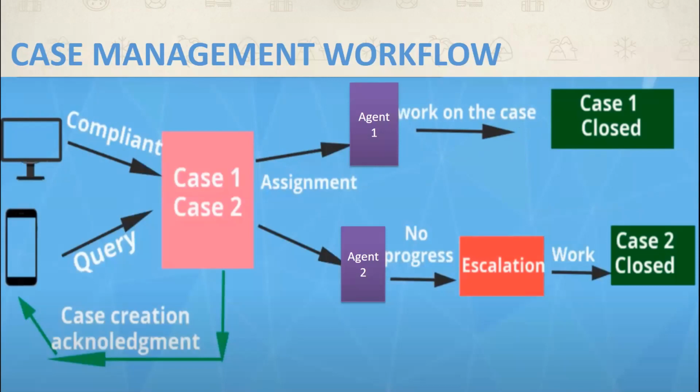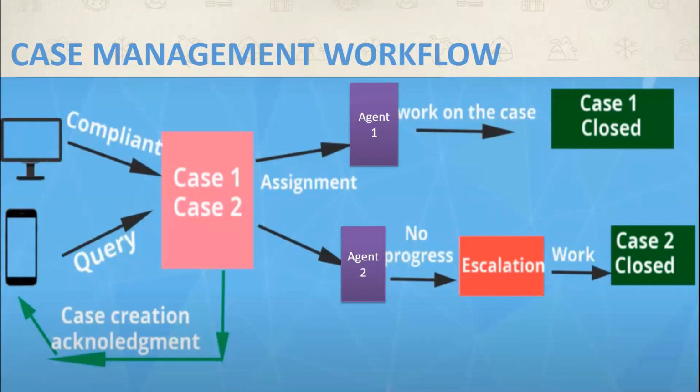As the query and complaint get inserted inside Salesforce, we send the acknowledgement to the customer using the auto response rule. After that, using the assignment rule, we assign the case to the agent or maybe a queue. Once the case is assigned to the queue, if we have configured queue-based routing, it uses the algorithms of least active, most available, or external routing. It uses those algorithms and routes the cases to the agent, so that the agent can work on those cases and close those cases. And if the agent is not working, meaning no progress on that case, then we can configure the escalation rule. We can escalate the case to another user so they can work and close it.